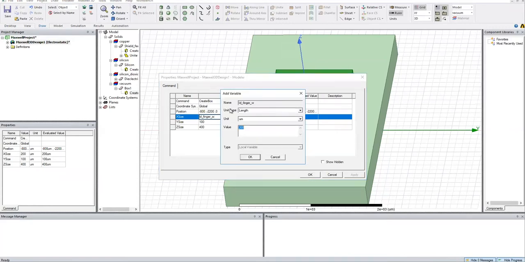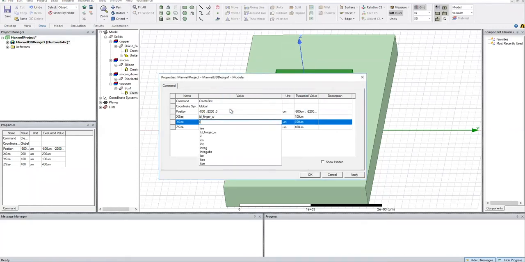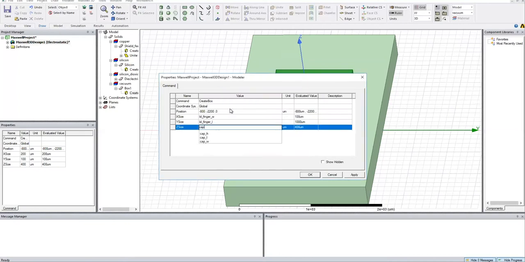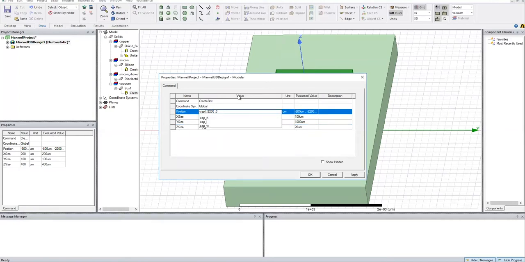This is the most critical part of the design. In this step, we are going to design our IDE or interdigitated electrodes. First of all, we will design just one finger. We give the dimensions, that is length and width. The height of the IDE finger is the same as the height of the shielding electrode.